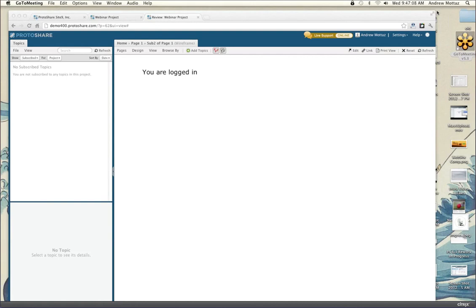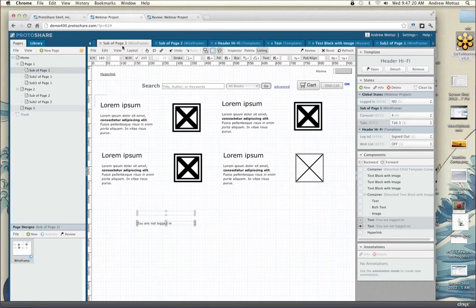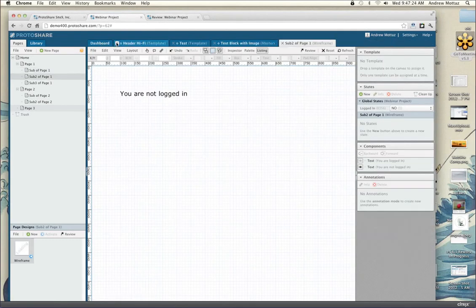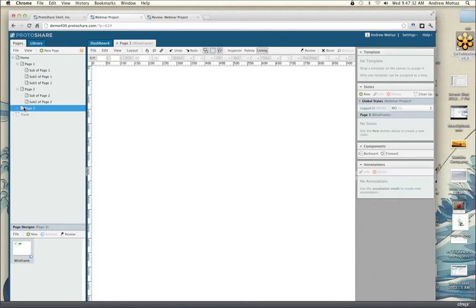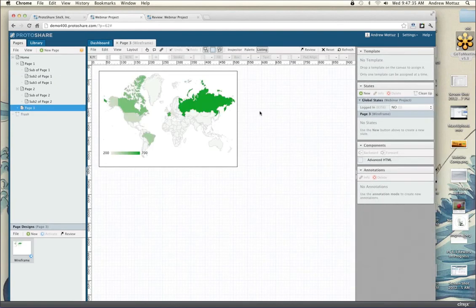So I use logged in as the example because it seems to be the most comprehensible of this, is that whether you're logged in on a site or not is kind of a global state. You set your logged in value, and then that carries with you from page to page. All right. Close those beautiful wireframes. And then, I think the last thing